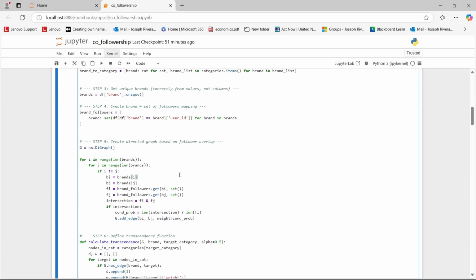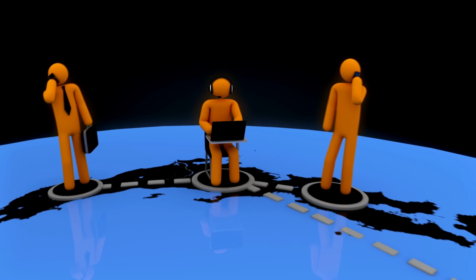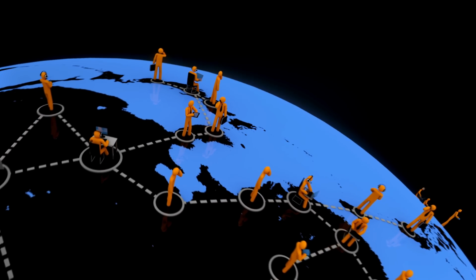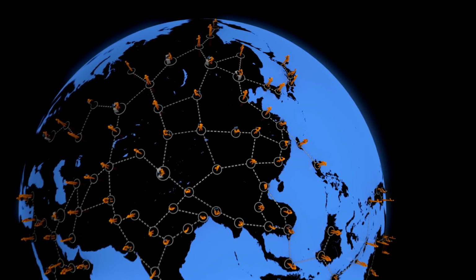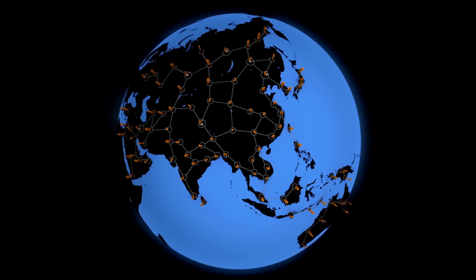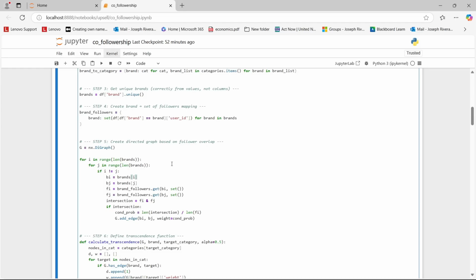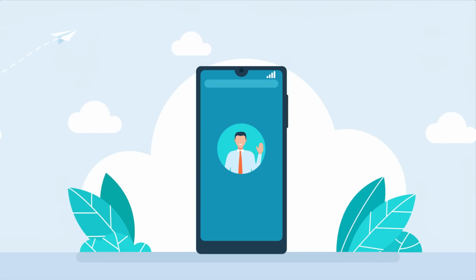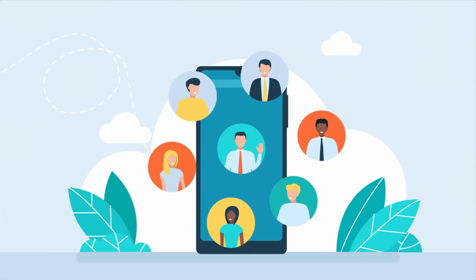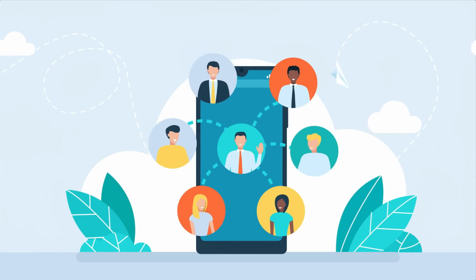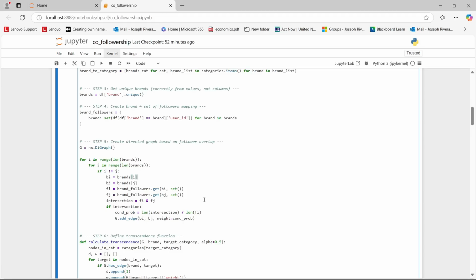Now let's go to our step number 5. In this case, we build a directed graph using NetworkX to show overlap between brand followers. For every pair A and B, we check if they have shared followers, and if yes, we draw an arrow from A to B. Just try to imagine point 1 is connected to point 2 and it's connected to point 3. So the direction goes from 1 to 3. But here's the trick, the arrow has a weight, based on the conditional probability of how likely a Nike follower also follows Adidas. So this means the more shared followers and the smaller the total follower base of the brand, the stronger the